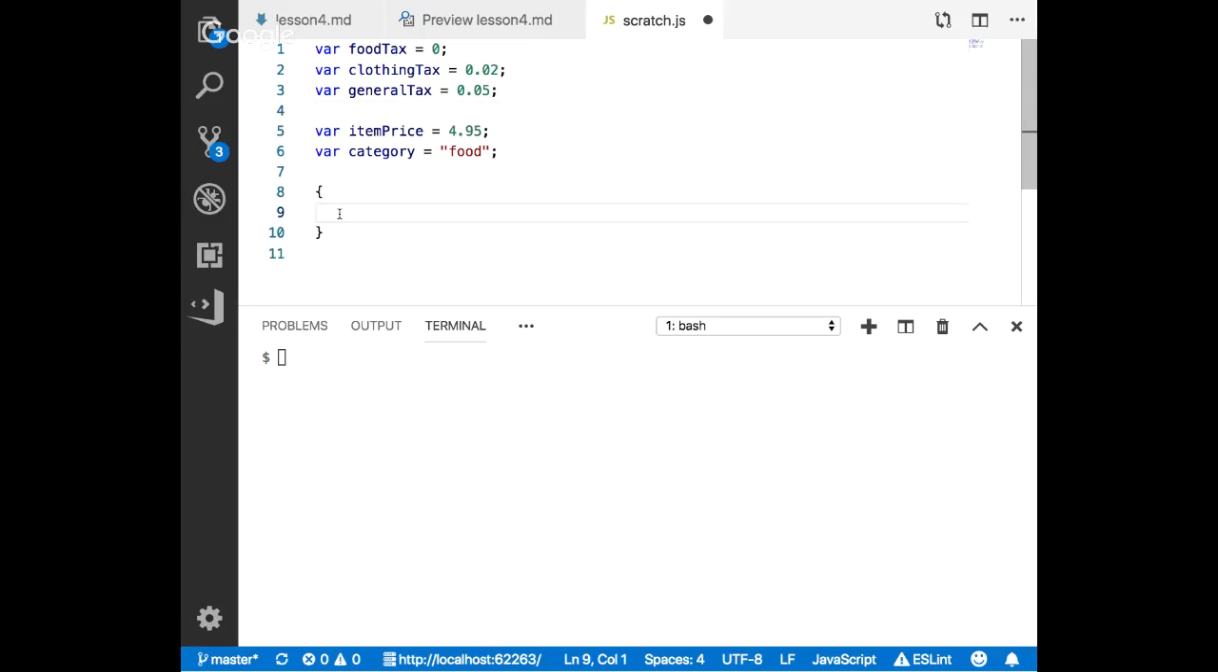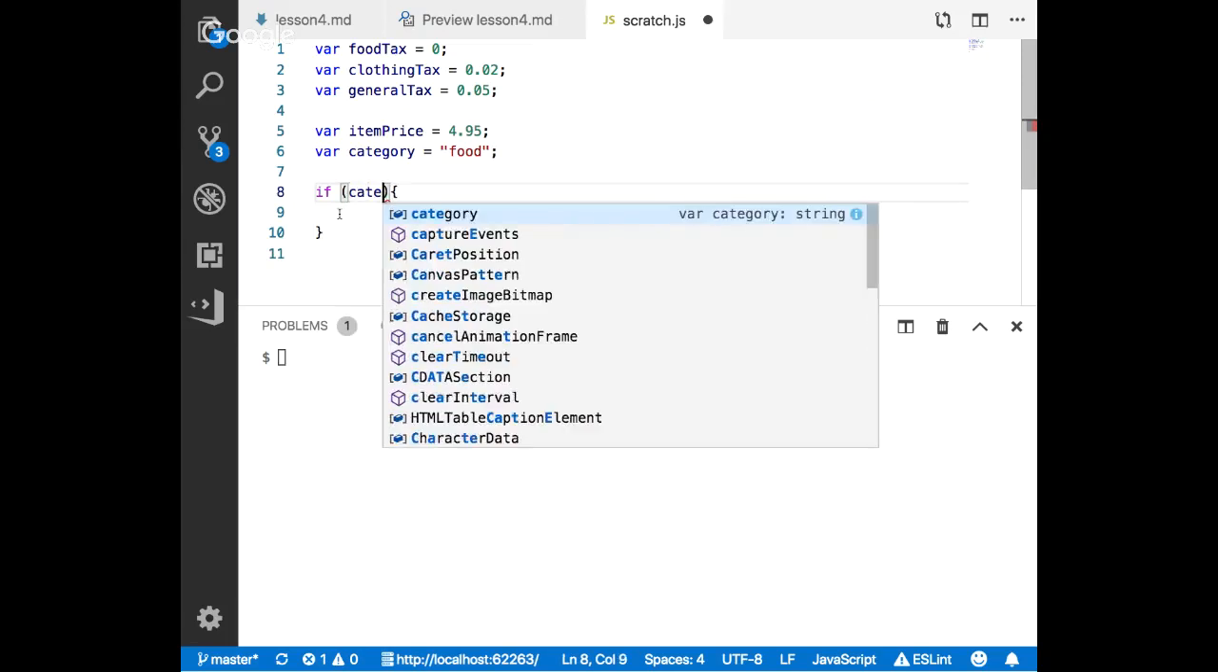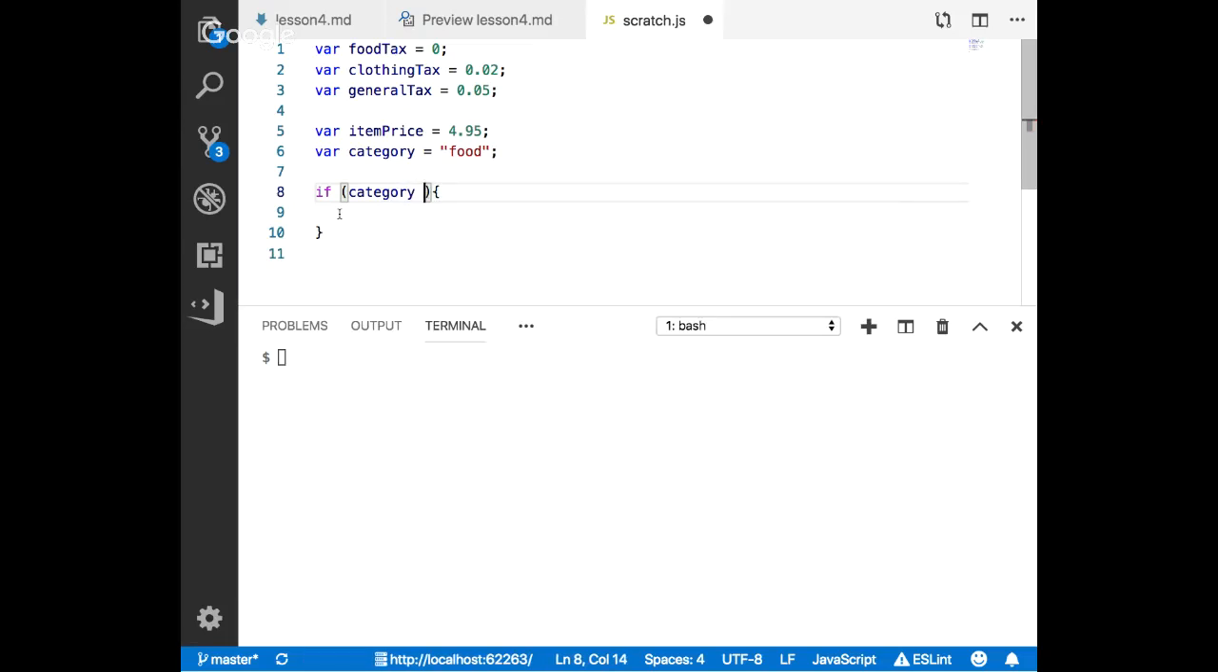So I've got a block statement. All right. I want to do an if statement. What should I do here? If category